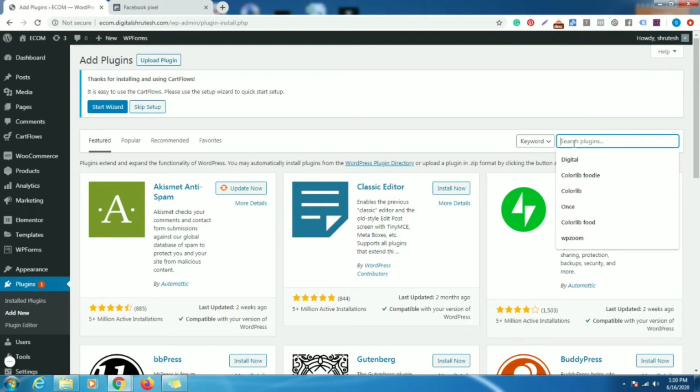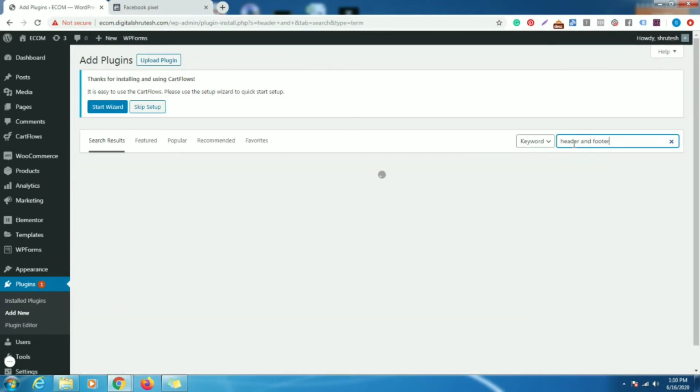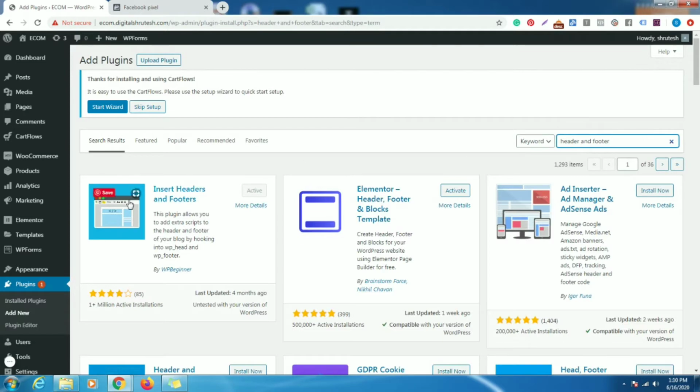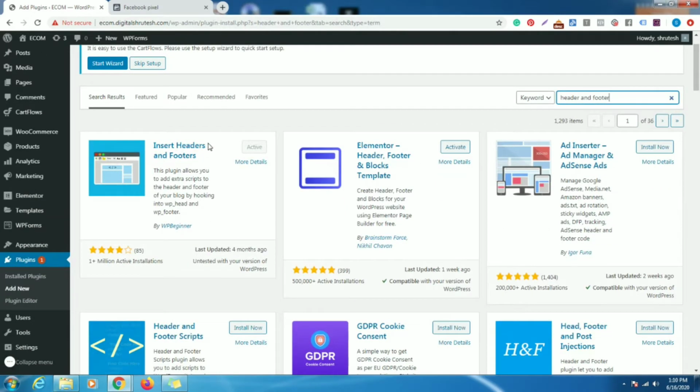So search here for header and footer, and select Insert Headers and Footers. It is showing activated because I have already installed it. If you are using a new website, you just install it and then activate it. So we are going to see where it is.